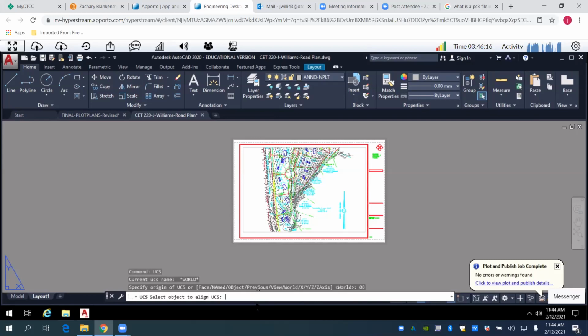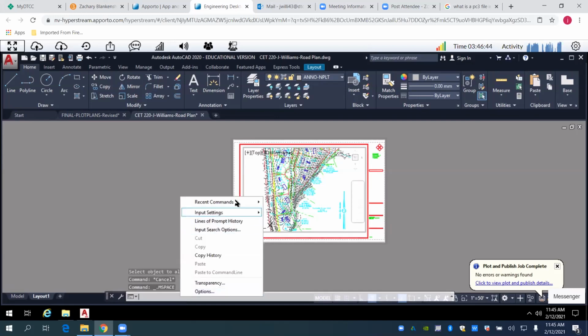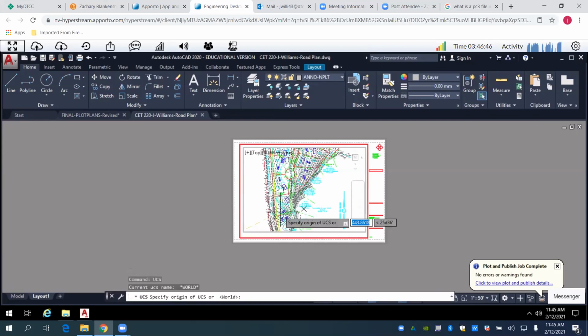Okay, so now it's asking me what object do I want to align my UCS to? Okay, and it seems like I'm going to have to activate the viewport. Okay, good. So I'm going to right click again. UCS, okay. I'm going to choose object. Okay, so I want to choose it so that